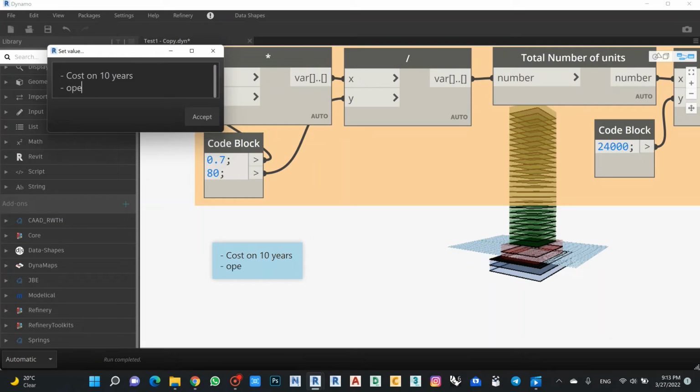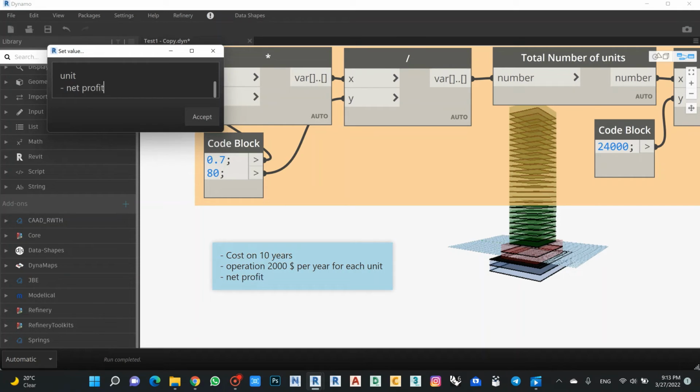And let's say it will be like $2,000 per year for each unit. And I have also my net profit,